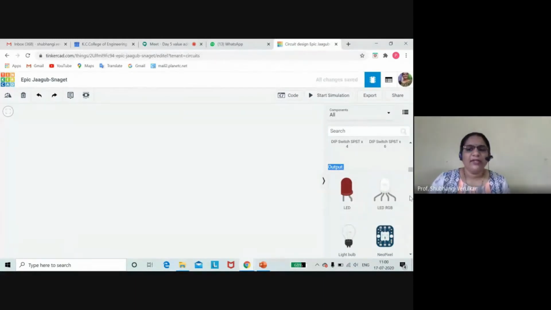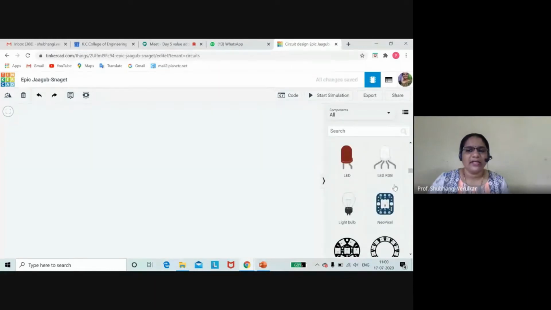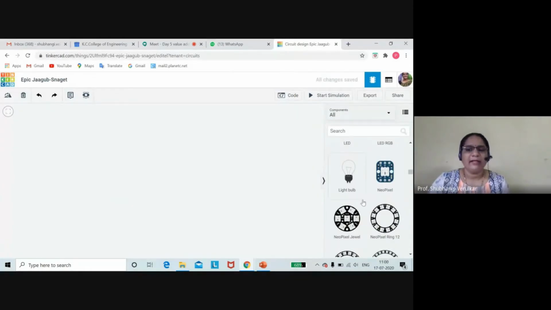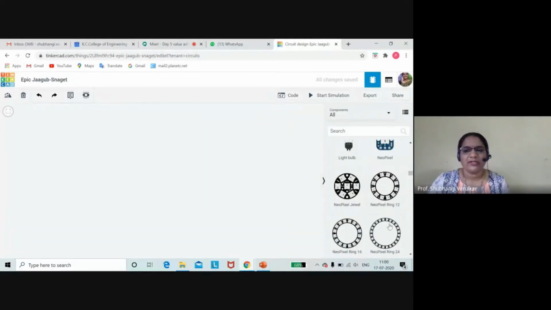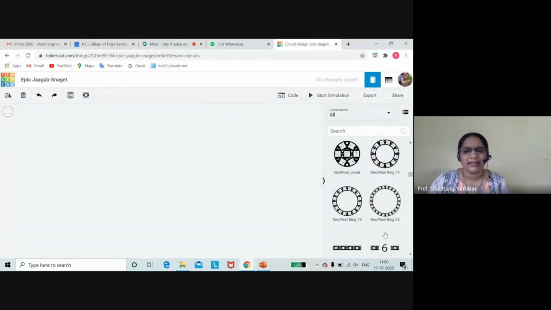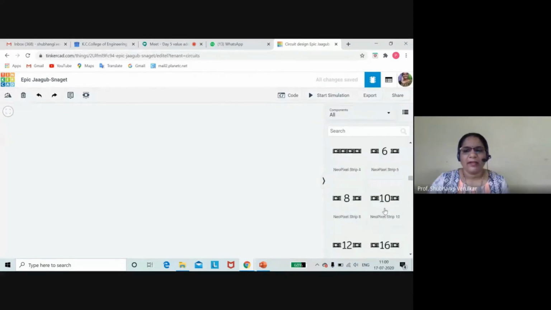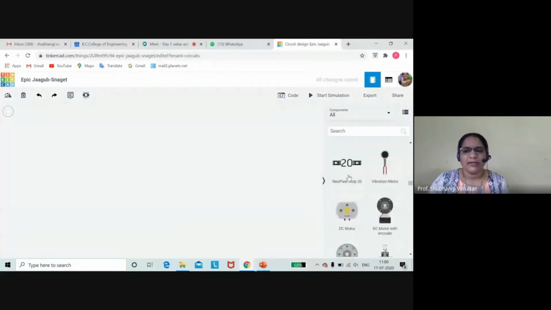So LED, then RGB LED, which I showed you yesterday. I will show you practically how the color will change for this RGB. Then light bulb, I think everybody knows about this. Then NeoPixel for lighting applications, and all those are the options for LEDs connected in series and all. Okay, so these are the output devices we have.